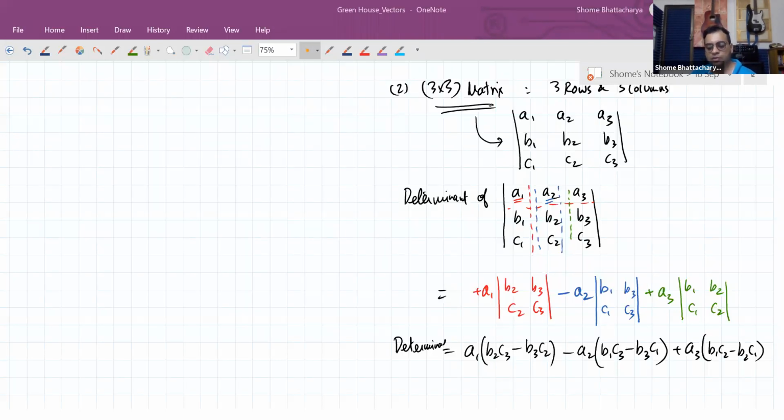Now why that formula works that way is because whenever we see some application of that, it appears with a negative sign. Like we are going to see cross product in vectors just now, and we'll see that that middle term always comes with a minus sign naturally in the cross product from the principle of cross products. So as of now in this formula that I've given you, Rachit, there is no explanation why the middle term comes with a negative. It's just that that's the way it is. But when I show you the application in cross product of vectors, you'll see why that minus sign comes.